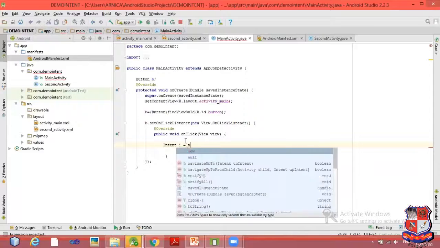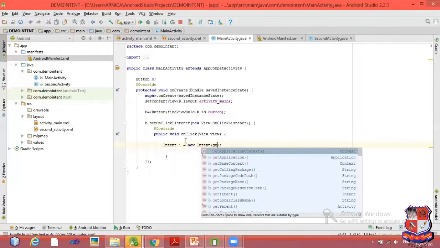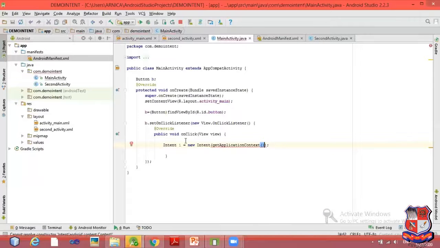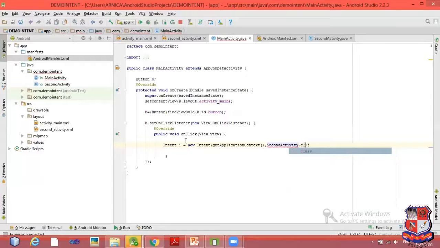So for that, Intent i is equal to new Intent. Write it like this. There are 2 parameters of intent. First is context and second is the second activity, meaning the activity you need to jump to. So for context, write getApplicationContext, and for the second activity, write SecondActivity.class.